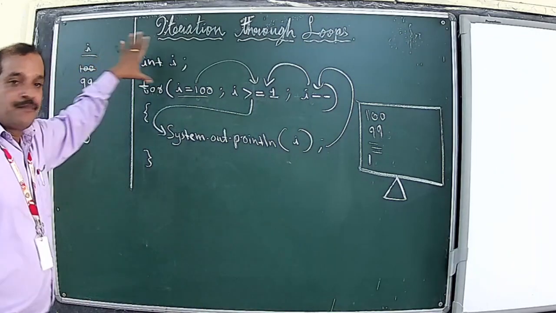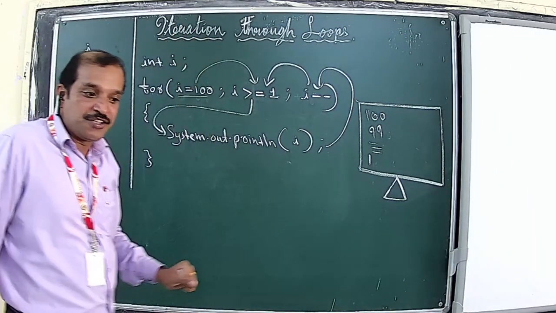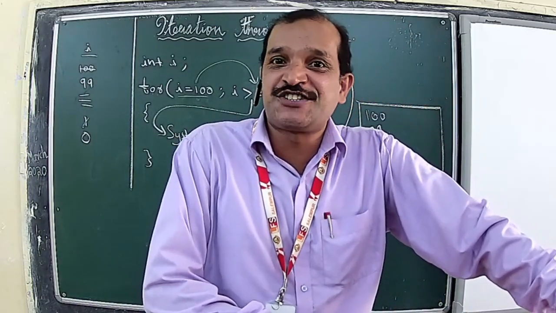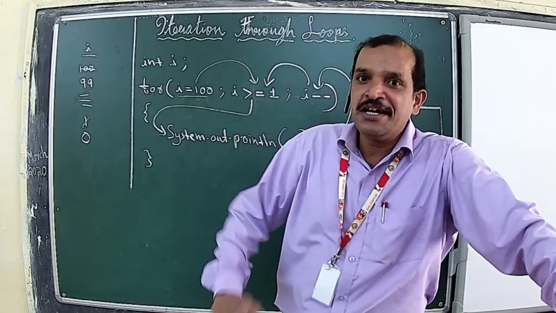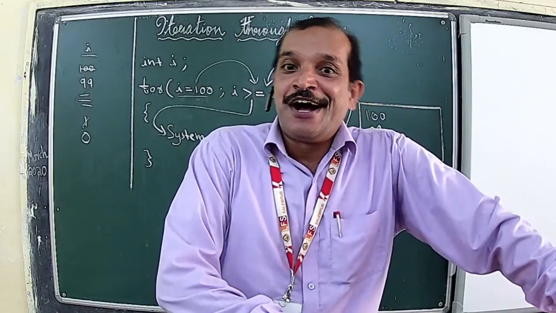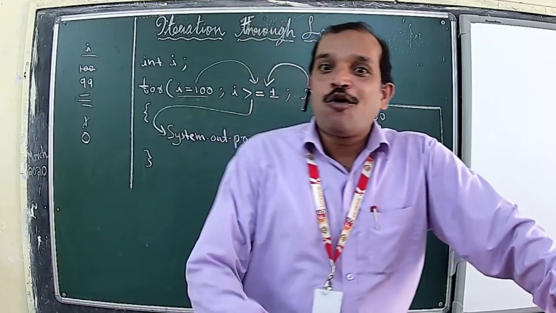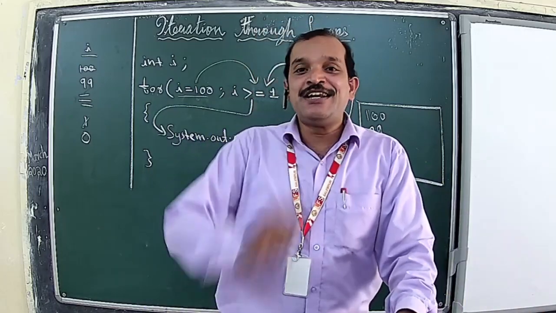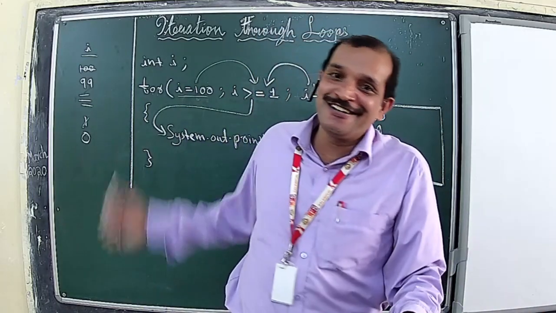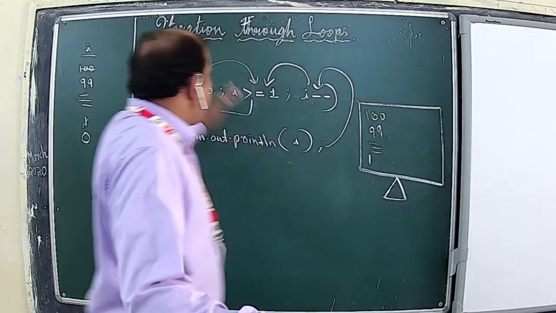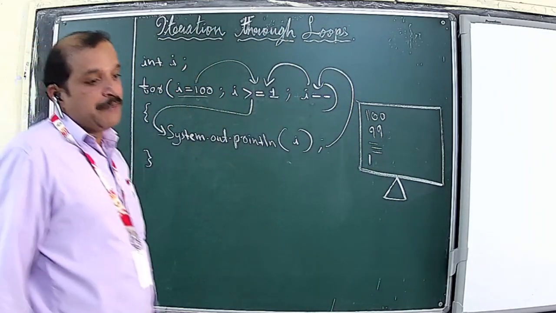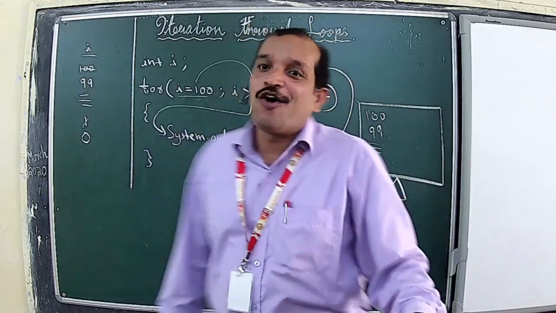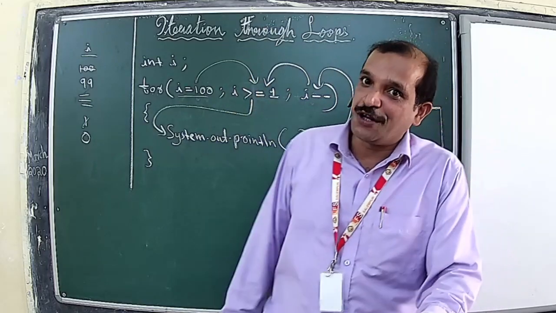So keep learning. First of all, don't forget about doing that homework. Once again, I will repeat the 3 homeworks that you are supposed to do. Your first homework is to print from 1 to 100, your second homework is to print all the odd numbers between 1 to 100, and your third homework is to print the even numbers between 1 to 100. We have already learned how to proceed with that. And another task for you, before preparing for your next session, is to make sure you have learned this technique of printing the numbers in reverse order.